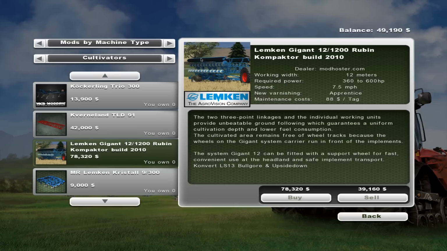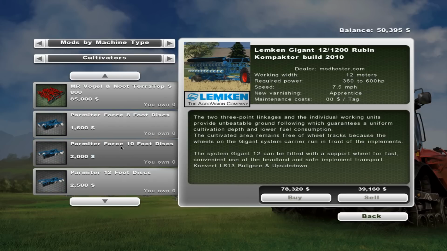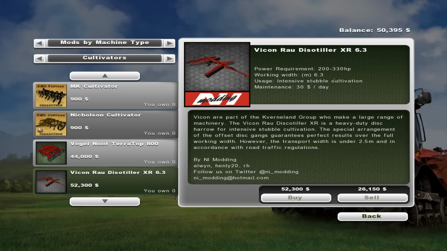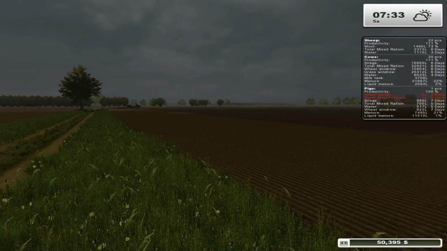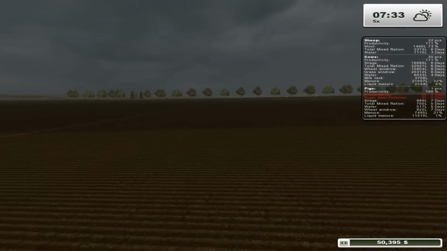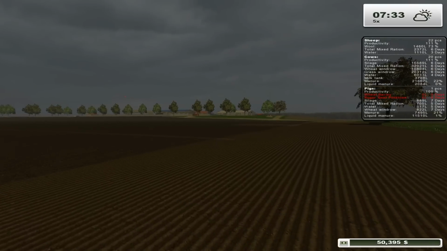I tried this out. It's a really nice cultivator. Requires 360 to 600 horsepower. And so our current tractor has, I think, 570 horsepower, so it's right in that range, although it is $78,000, which is a bit of a downfall. So this one's the other possible we could have used as well, but it's only 6 meters, so. Alright. Excuse me. So the next thing we need to do is, let's go,